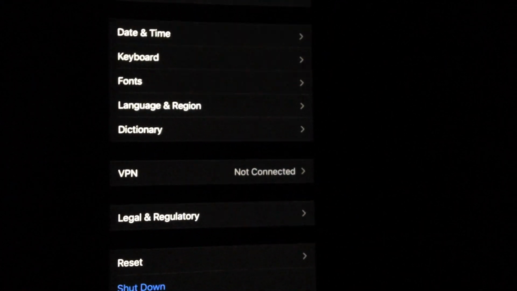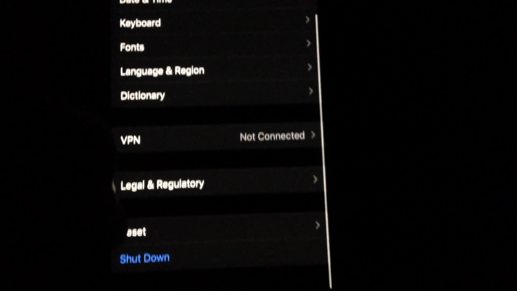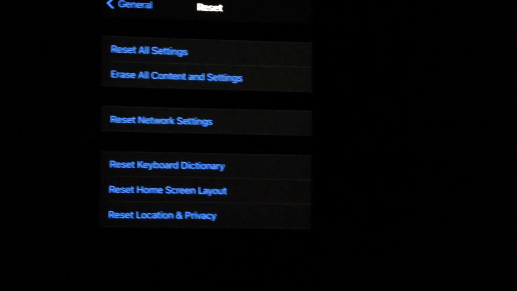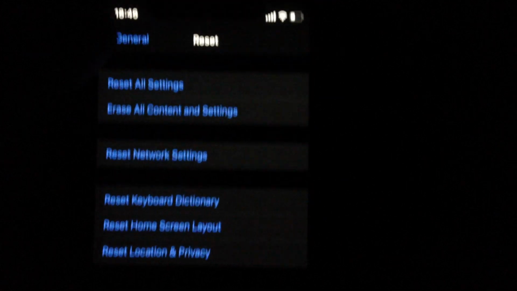So just go to the general again, and just scroll down to reset, just tap on reset, and here you will see reset network settings. So just submit this option, and